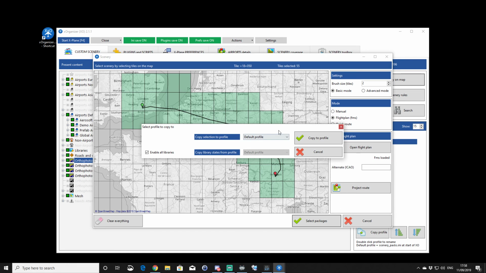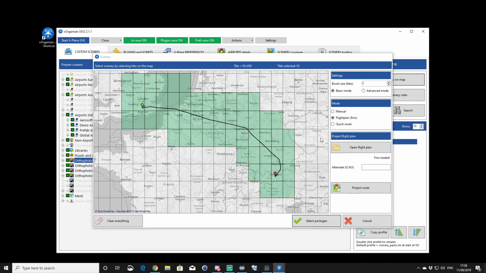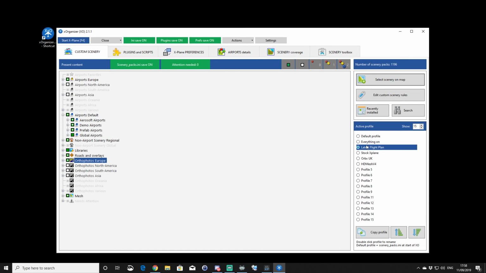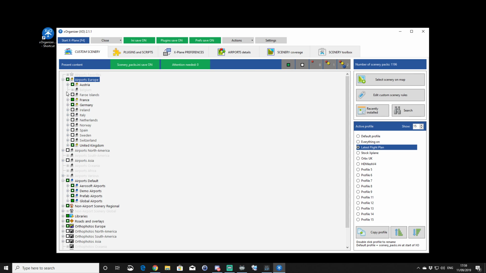Select the packages, and now we want to load that to latest flight plan. So it's going to copy the selection to the profile, and it's actually going to enable all the libraries. Copy to profile. So right, it now has selected latest flight plan, and if we go into Europe, you'll see